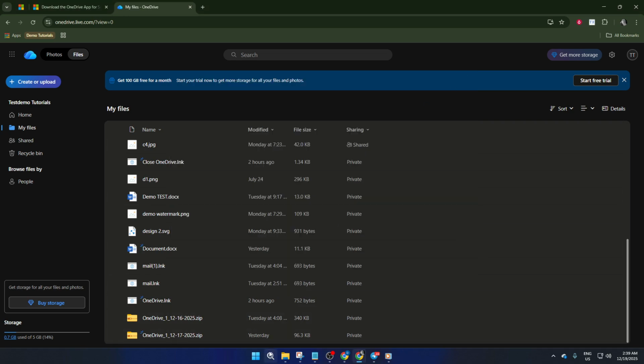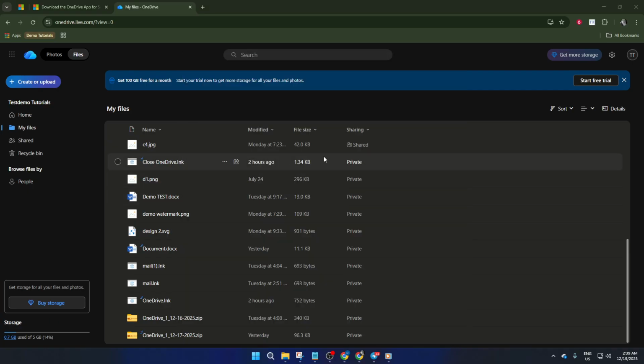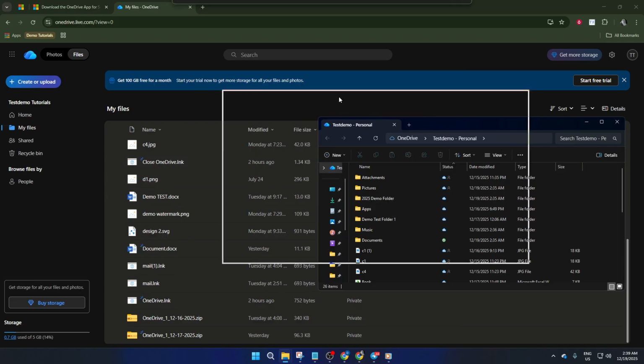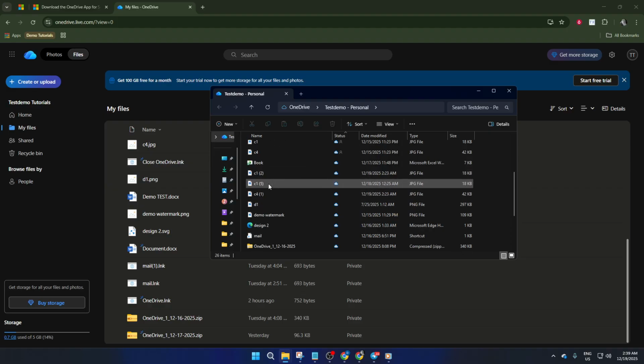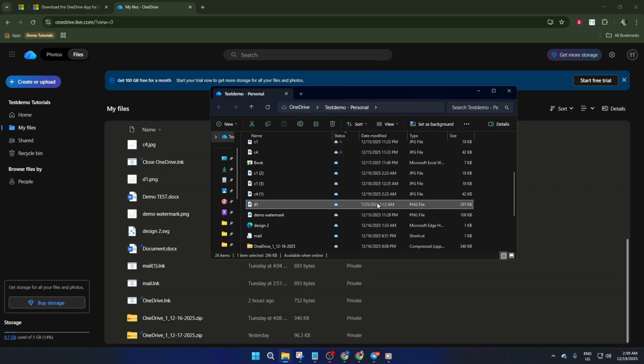Imagine it like having the keys to a warehouse full of stuff, but only bringing home the items you want, leaving the rest safely stored off-site. Finally, remember that if you've fully unlinked OneDrive on your PC, your files won't show in File Explorer anymore, except for whatever you've specifically left as online only. This is key for keeping your workspace tidy and making sure there are no surprises when you're searching through your